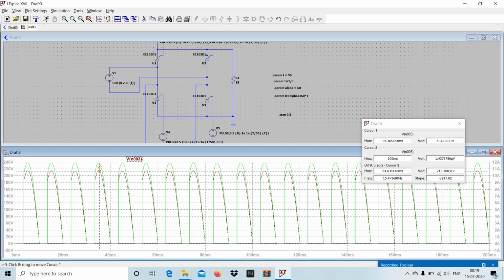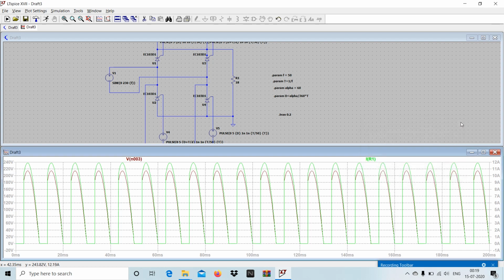It's very simple, you can try it in LTspice. This is the way we can make a single phase fully controlled rectifier in LTspice. You can also measure the watt rating, and you can calculate how much loss is coming. So now we got the idea. You can change to 60 degrees, or 90 degrees, changing the alpha value. Okay, so thanks for watching.